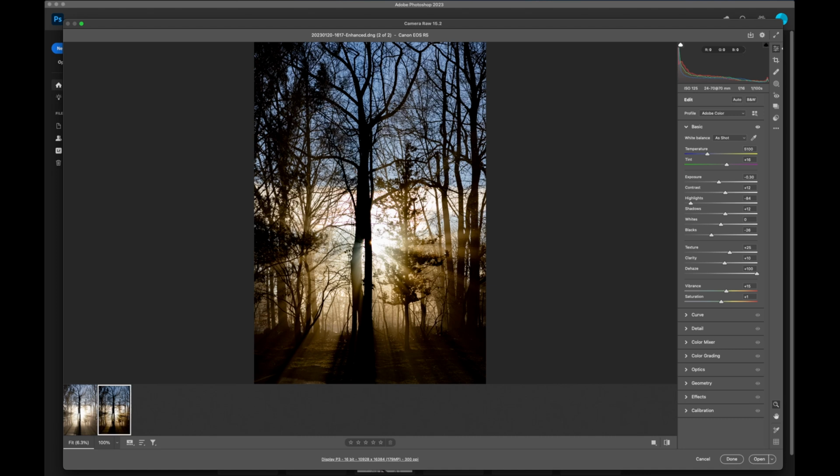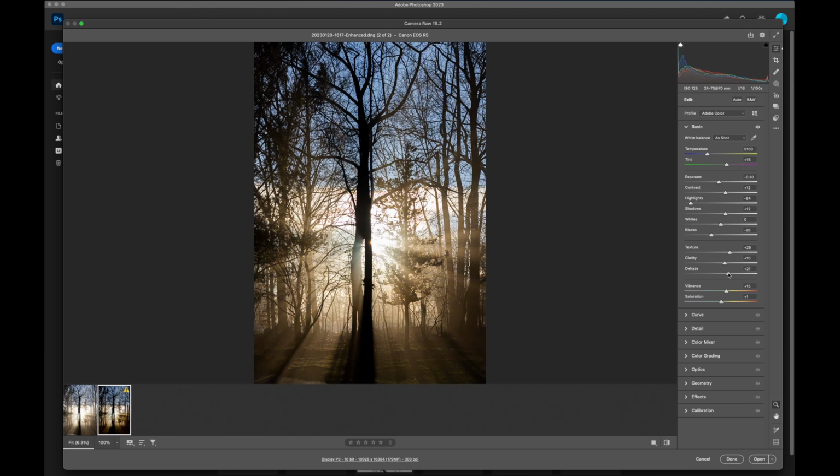The fog was really burning off at this point, so we get a little bit of contrast between the gray of the fog and then the blue sky. So we're going to bring up the dehaze just a little bit, just so we can take a little bit of haze out while keeping some of our rays and lines and everything.